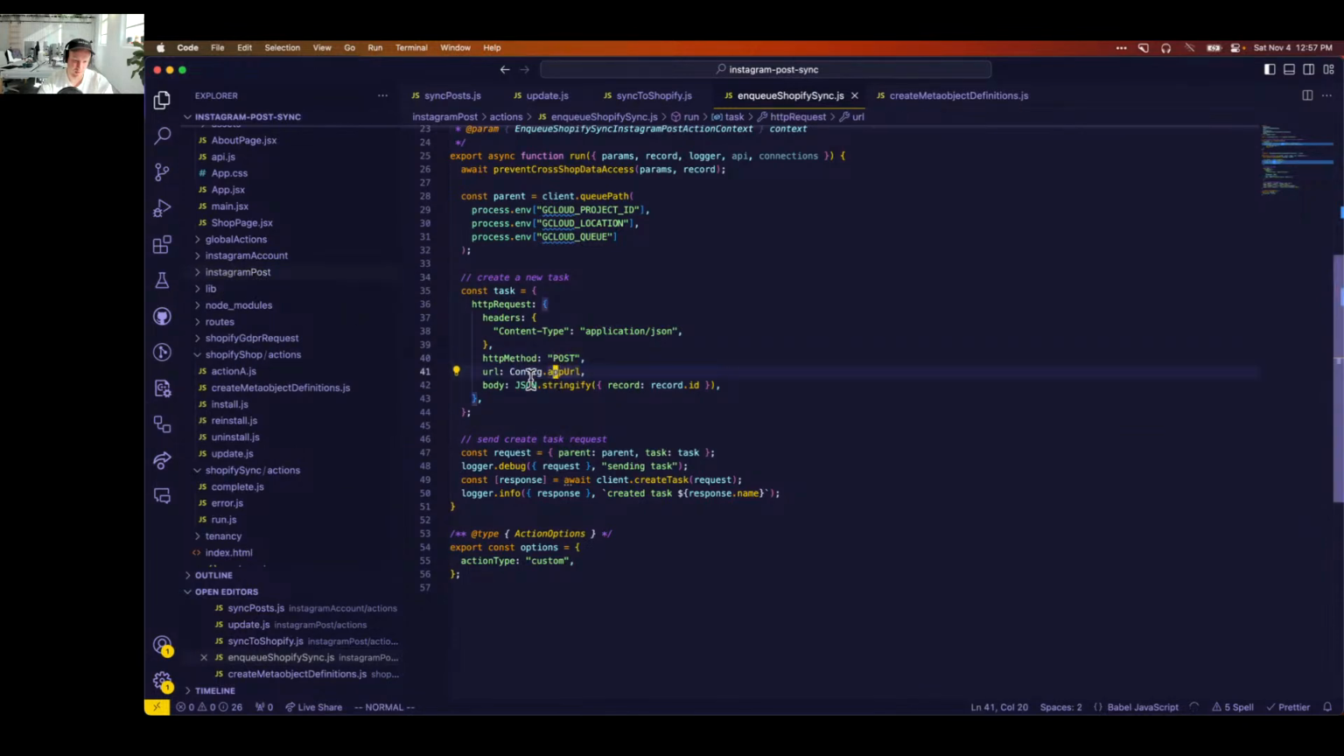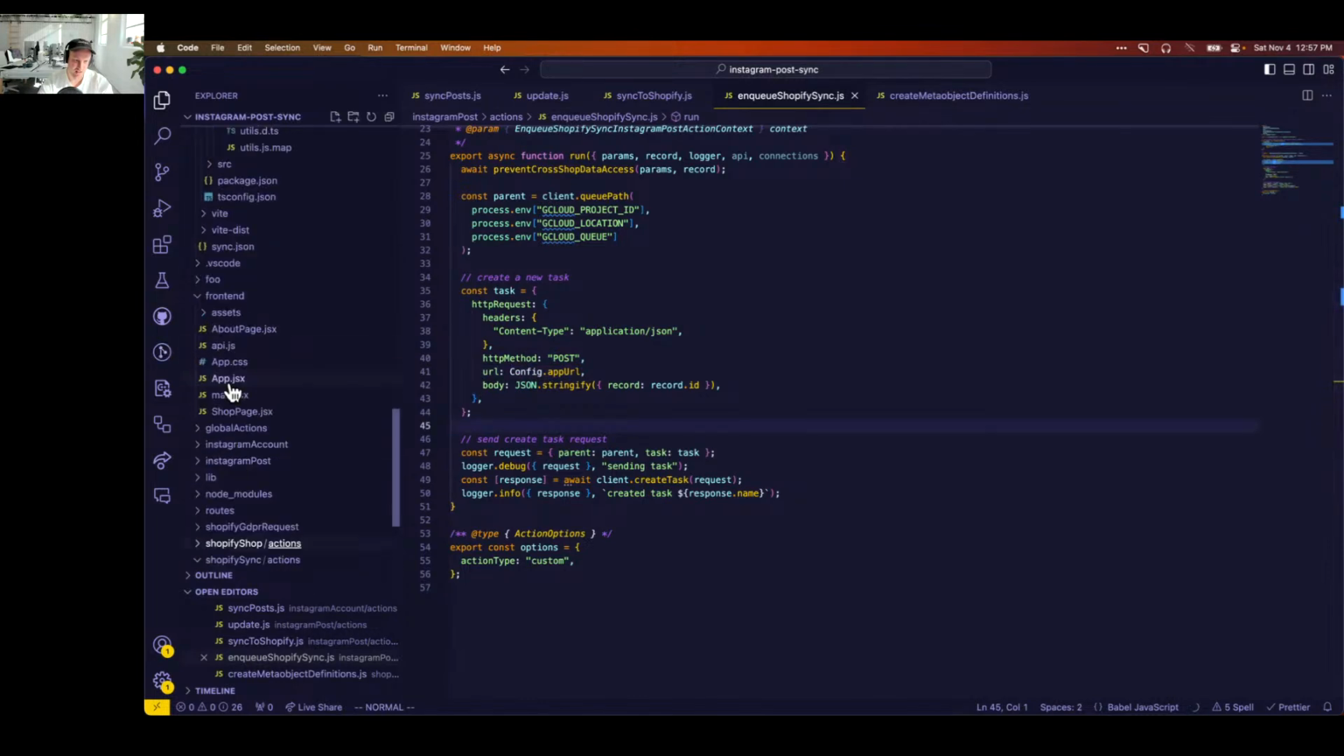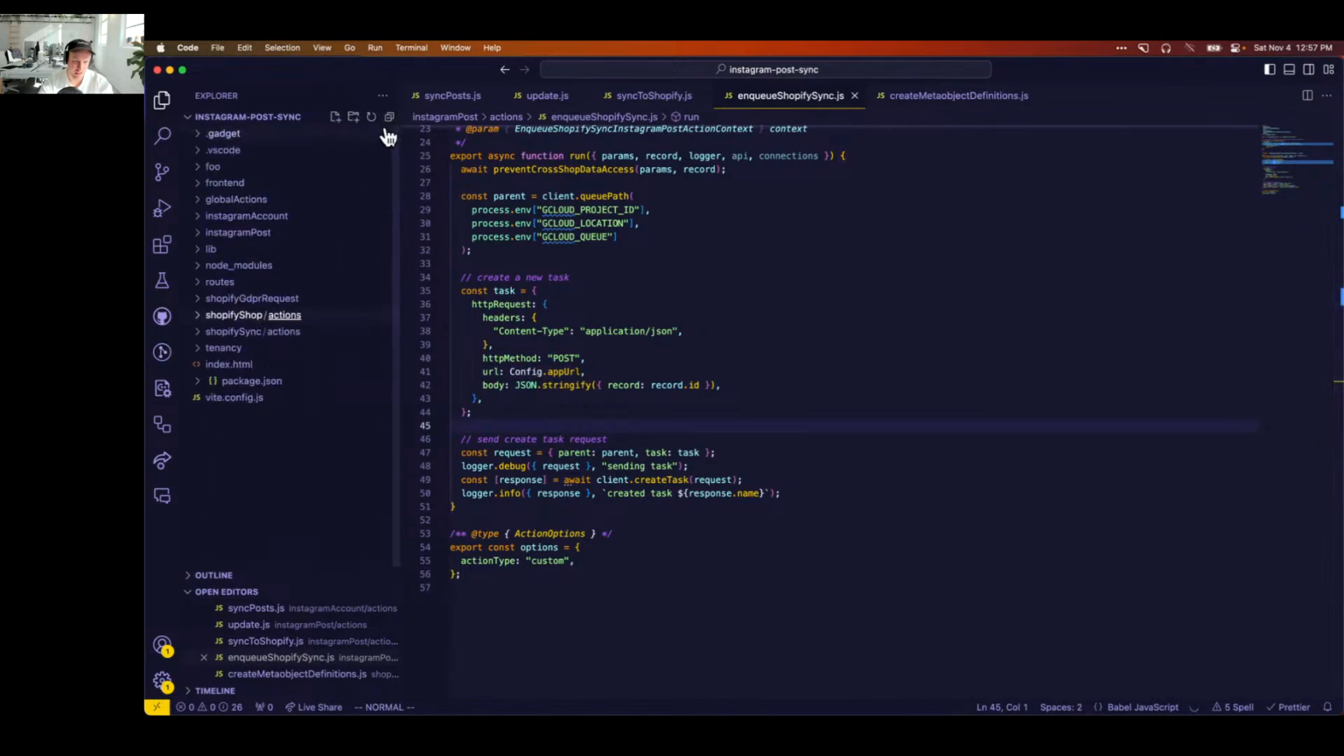endpoint that this will hit is. So I'm currently saying URL config app URL. I don't want to send the task right to my application's root URL. I think I want to send it to a specific route like this. Like we'll say tasks sync post to Shopify. So this will expect a route to exist in my Gadget app called /tasks sync post